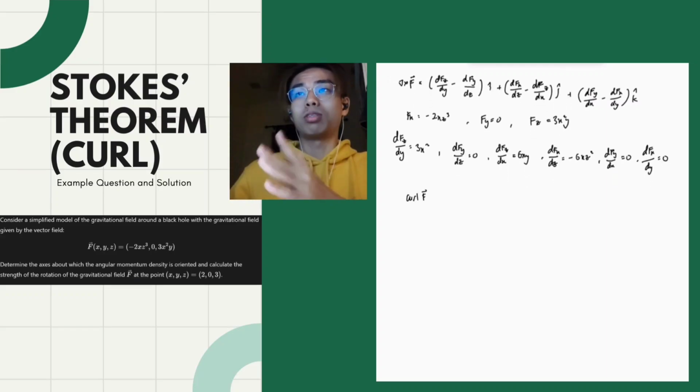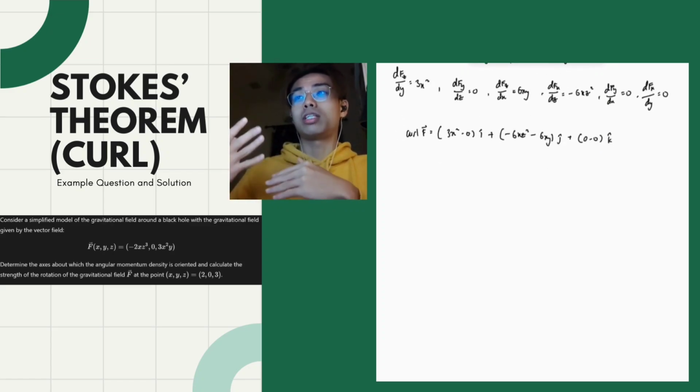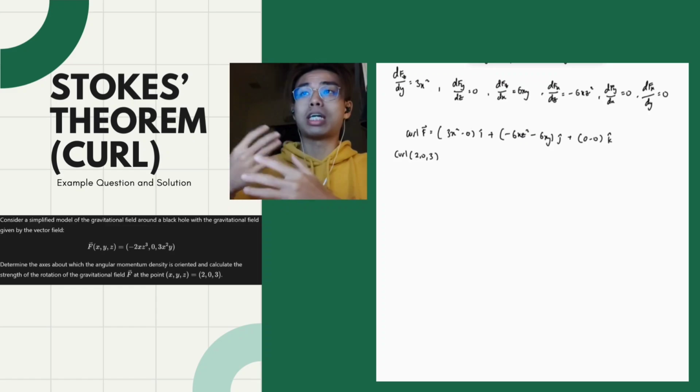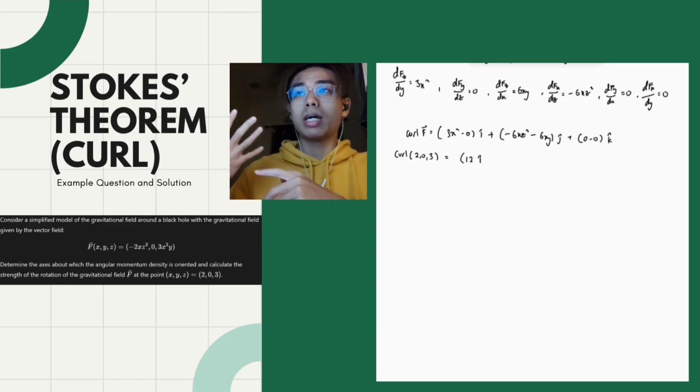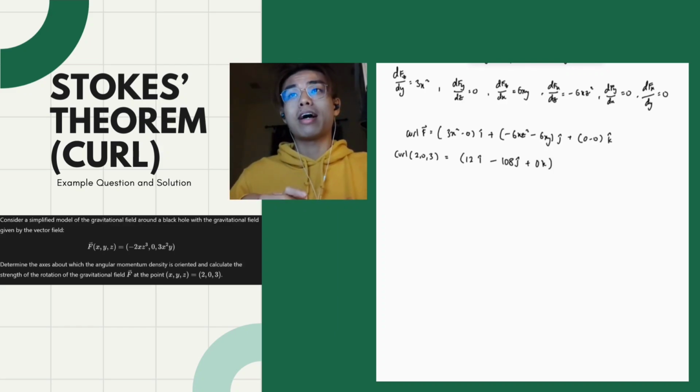And then we just plug it into the curl formula, and we will have the axis about which it rotates, where the rotation happens. So we put in the point 2x, 0y, and 3z. So we get that the curl of gravitational field F at (2, 0, 3) is 12, negative 108,